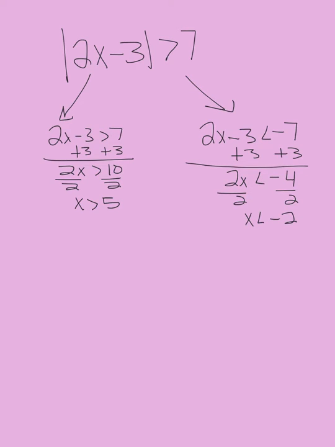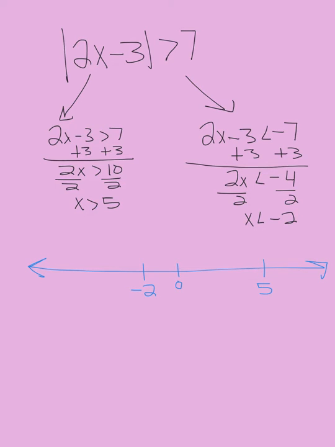And so we're going to want to write our final answer in interval notation, and in order to do that, I like to draw out a number line for a visual reference. So we'll say 0, negative 2,